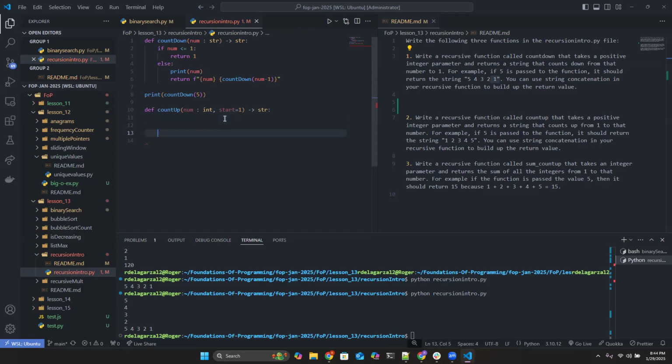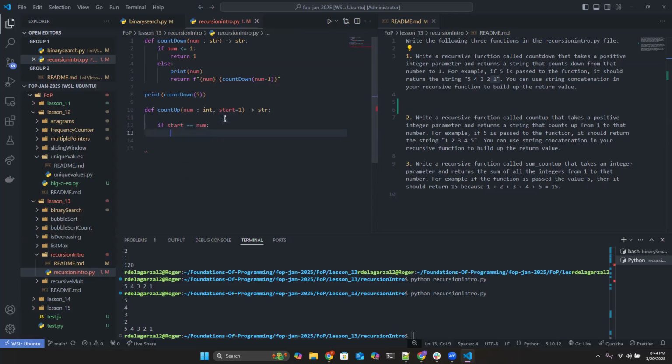How can we do this? If start is equal to num,